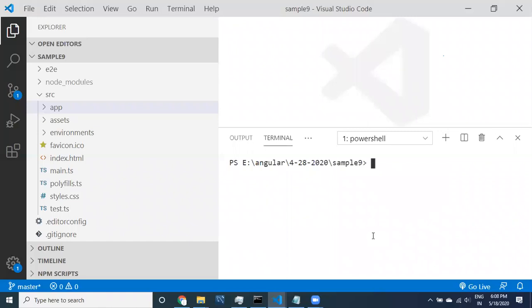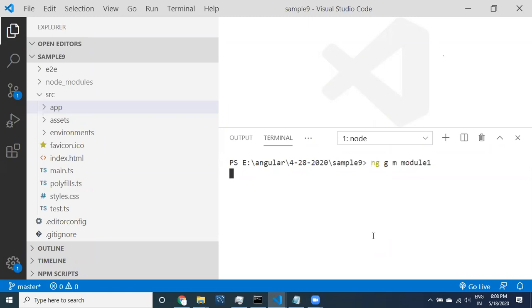Here, ng generate module, and what module? Module1. The name is module1. I just hit the command.